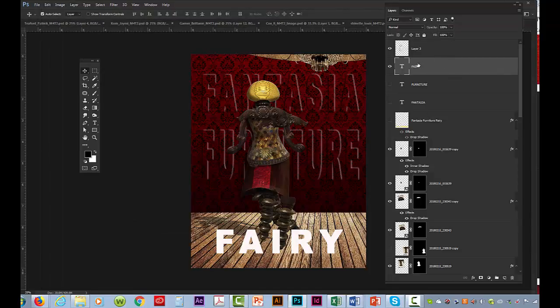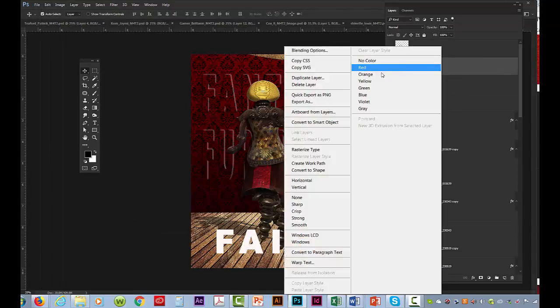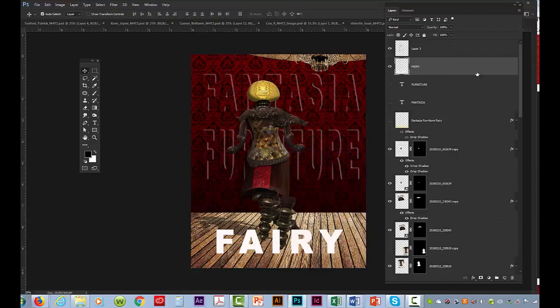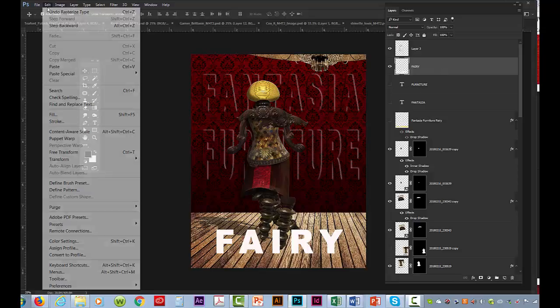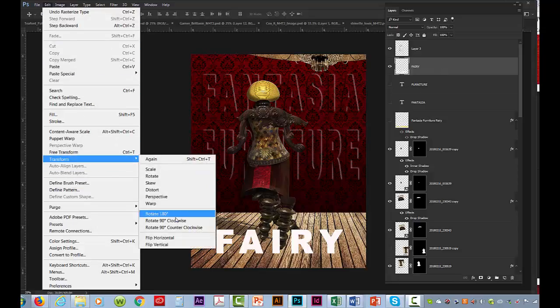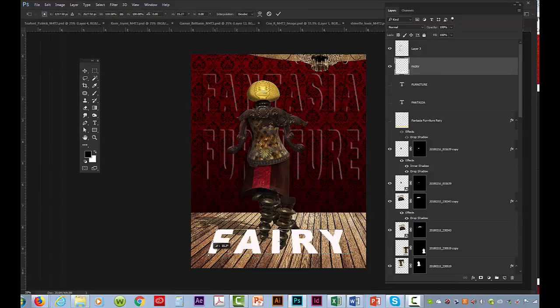But I have to first rasterize this type layer. So I right-clicked and selected Rasterize Type. Now it's no longer an editable font. Edit, Transform Perspective. Now I can drag this out and line it up with the